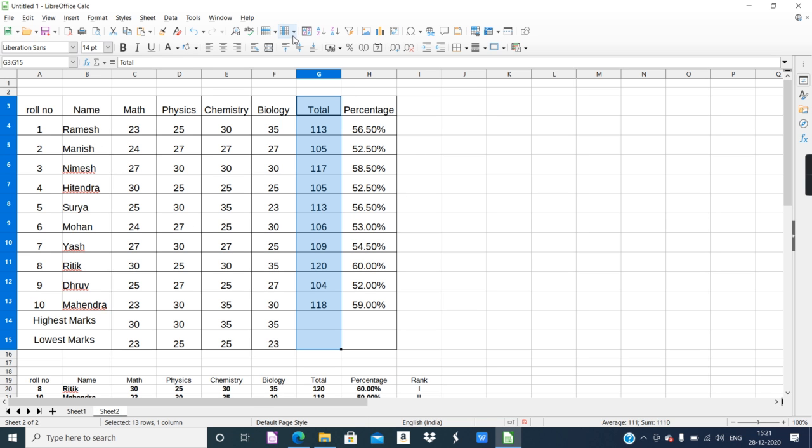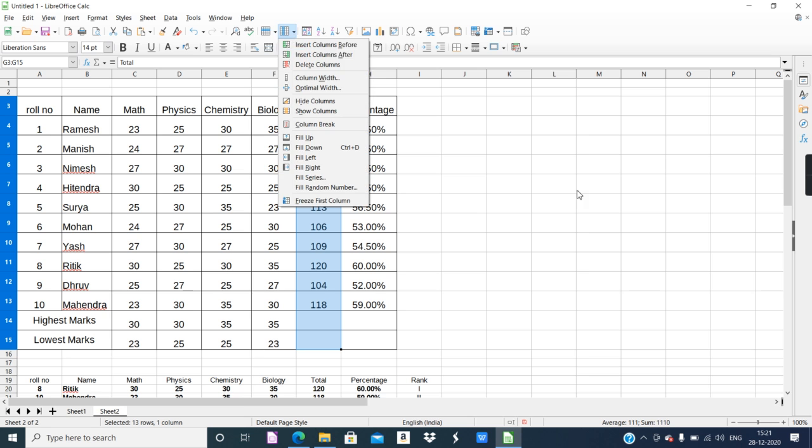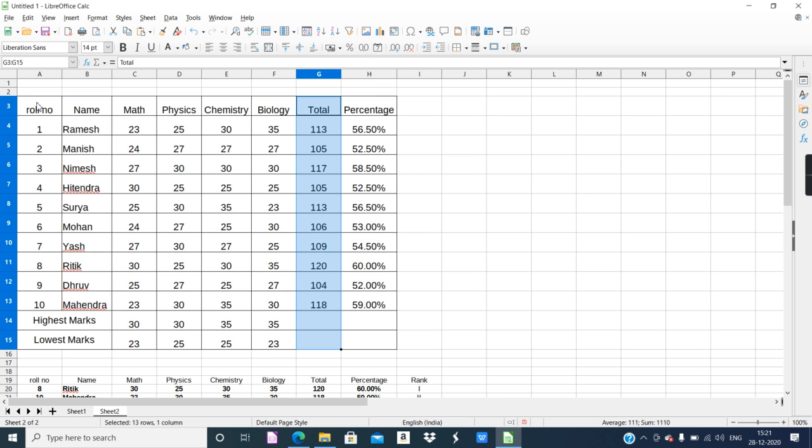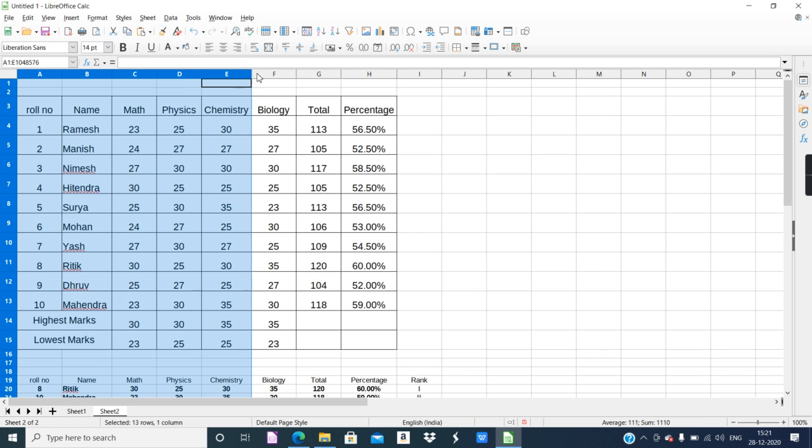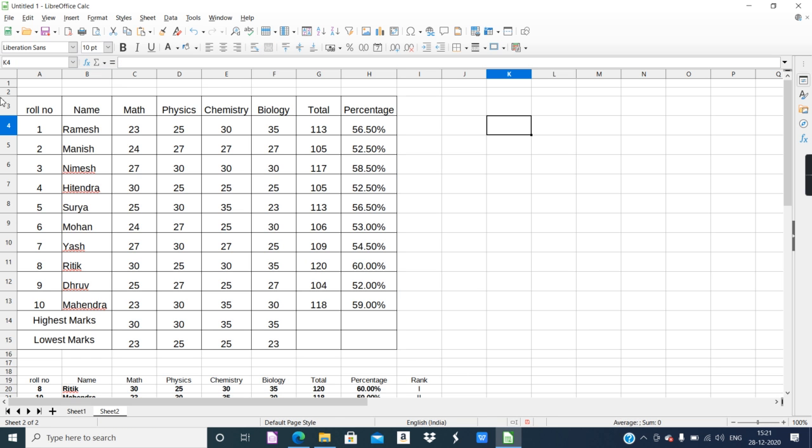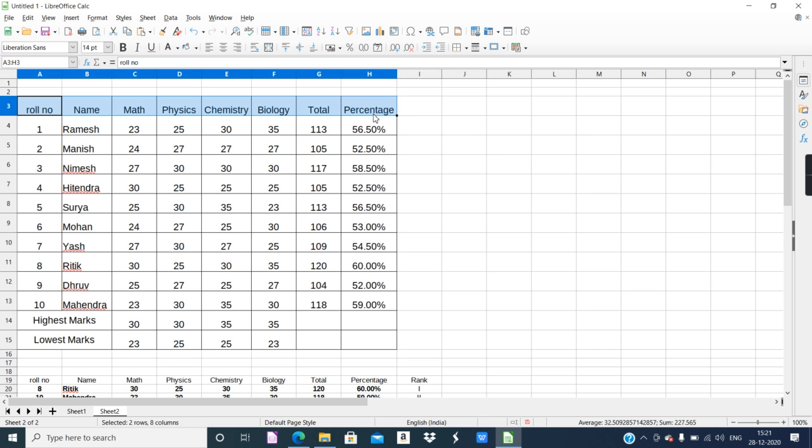Similarly, column. Okay, so if I want to give equal width to all the columns, I'll select all the columns in this manner, or simply select them in this manner. Then column width, okay, it's 2.26. Let me give 3.